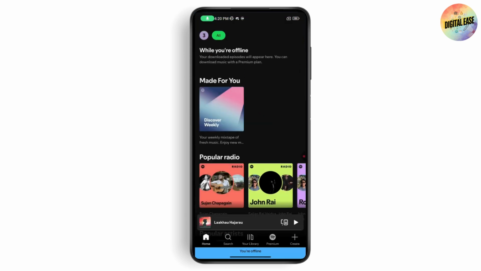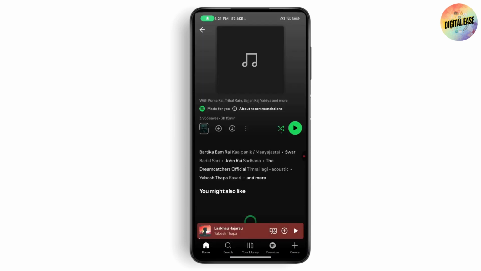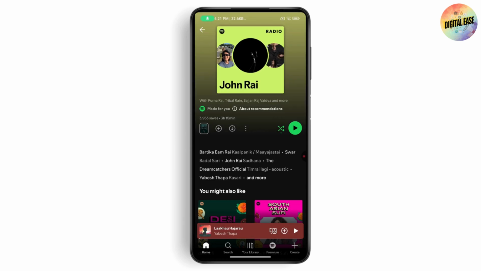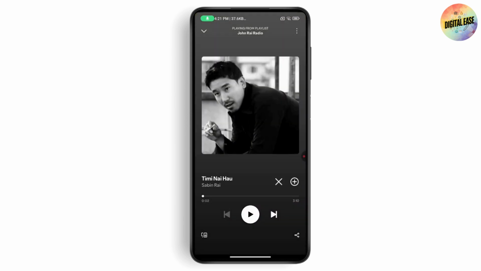Now, I don't think that this has rolled out to the United States just yet, but just make sure that your app is up to date and click on an artist, and then you can click on a song of that artist. Once you play the song, then on the bottom left you will have an option to switch to video, but this update